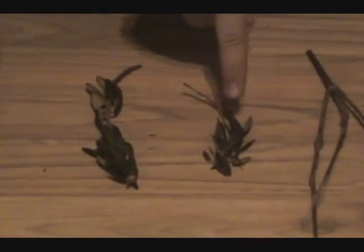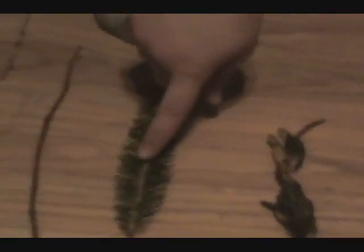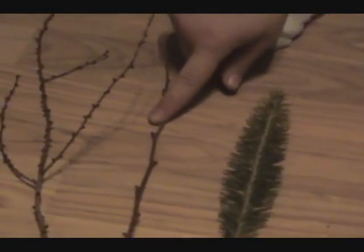Anyway, that's just a few plants. Tune in next time, we'll have some more. Just a quick recap of what we have. We have the alder, northern wild raisin, the kalmia, the Labrador tea, the balsam fir, the birch,